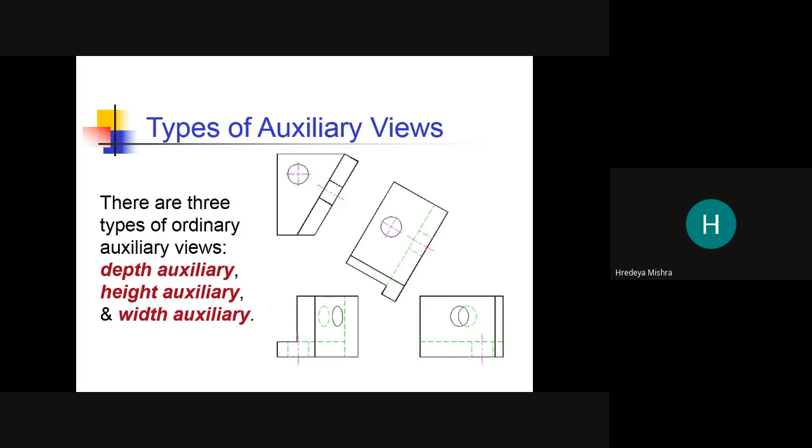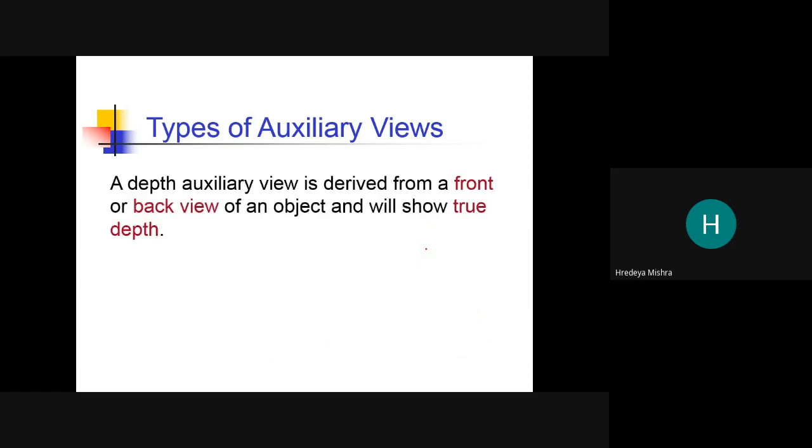That is the height auxiliary view. And similarly, which auxiliary view shows the true width of the surface? That is called the width auxiliary view. Here that is the same.